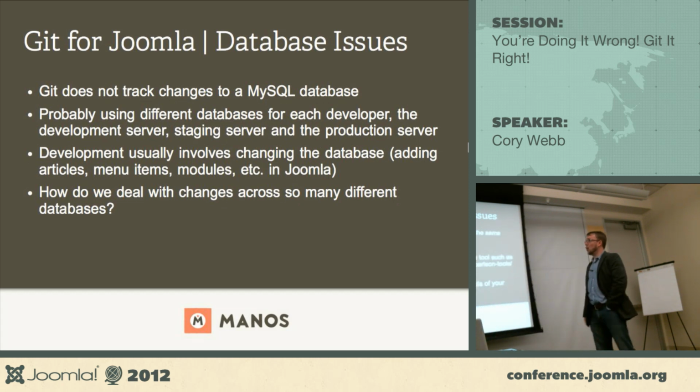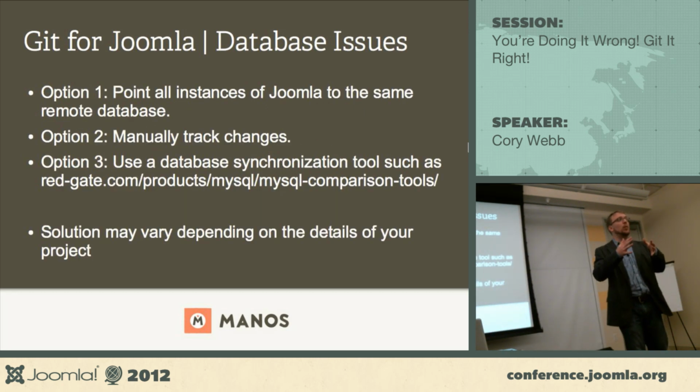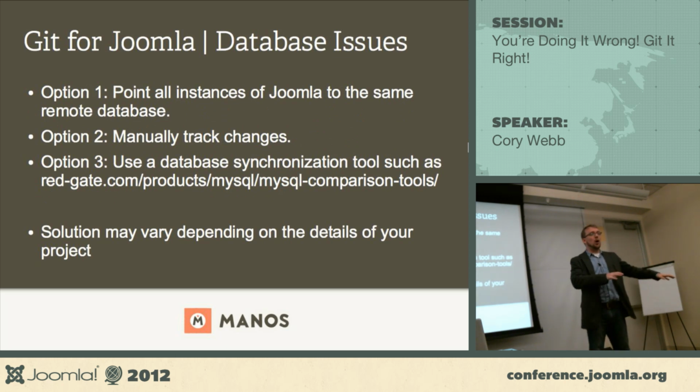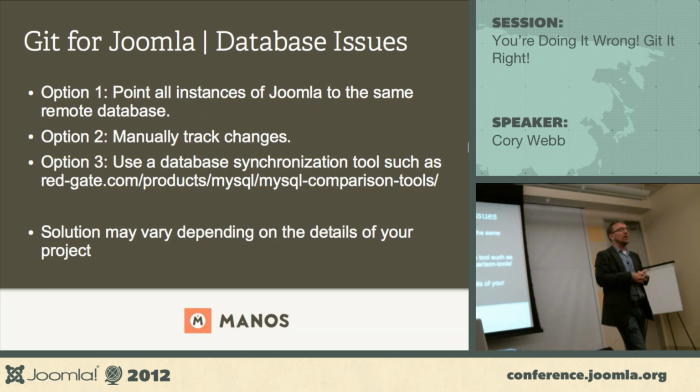So one option is to point all the instances of Joomla to the same remote database. You may have different code bases on your local systems, but you're all using the same database. We find that to be really useful in a development environment, not so much in staging/production, because the changes you make on that database are live across all the different copies of the site. But in terms of development, we find that works really well if you can gain remote access. So if you're working on a cruddy shared server that won't let you have remote access, tough luck.